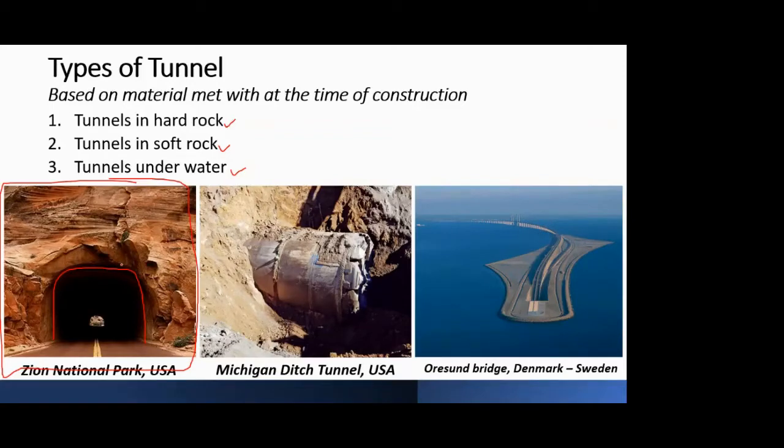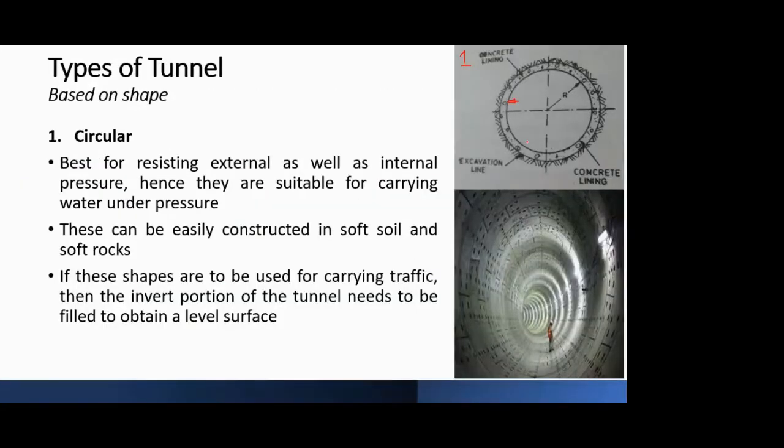Concrete lining is generally provided where you have the susceptibility of your roof collapsing. I told you in the last lecture also, in tunnels, this roof portion is the most vulnerable to failure. And once your roof collapses, then your tunnel gets blocked, and whatever excavation you have done will go in vain. So that is the purpose of the lining.